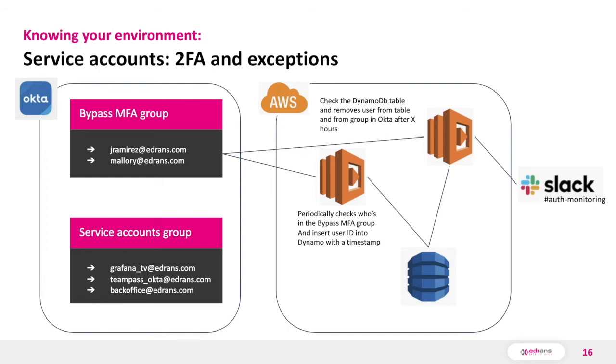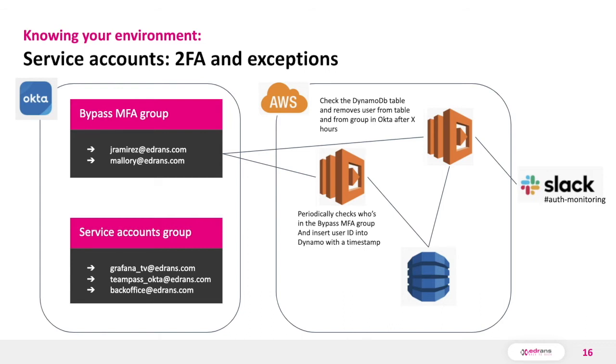Let's take for example that one user forgot his phone at home or it just got stolen. When this employee goes to the office, he reports the incident, and while he gets a new phone, his multi-factor authentication method can be either changed to another one, for example SMS, email, or an RSA key, or just disabled. But who does this? And whoever is doing this, will he remember to remove the user from the avoid two-factor authentication group? To solve this, we created another group and another policy to not mix service accounts with incidents with phones or two-factor authentication devices.